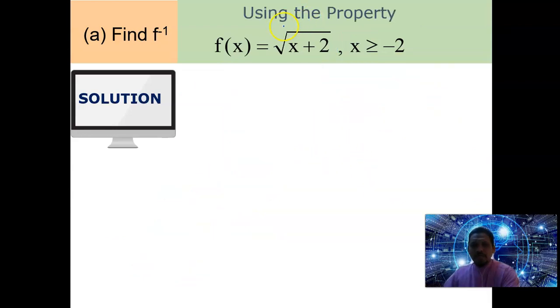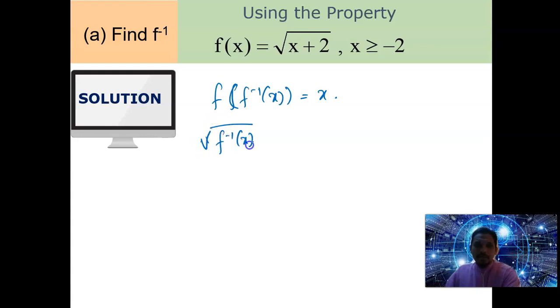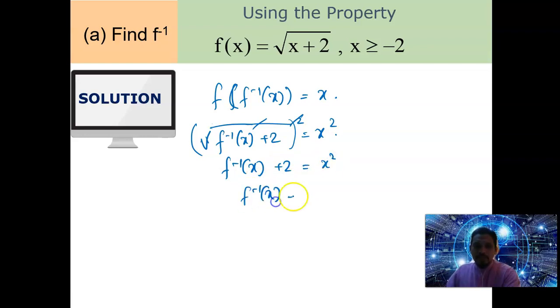Using the property f of f inverse of x equals x, the square root of f inverse of x plus 2 equals x. So square left and right, and we get f inverse of x plus 2 equals x squared,